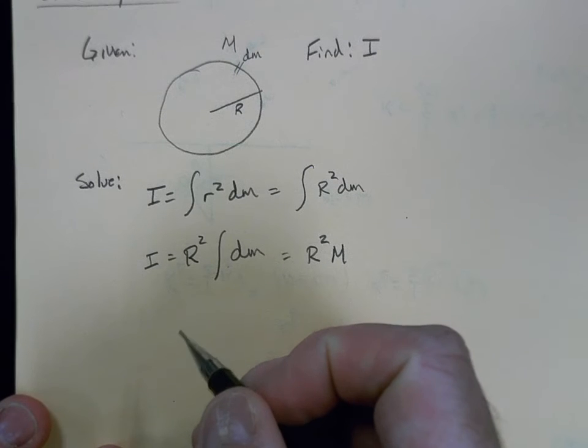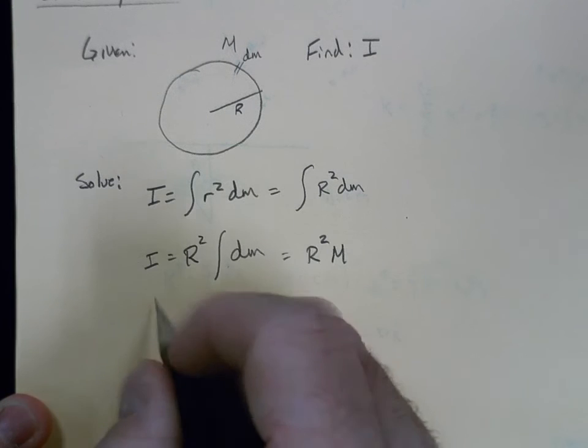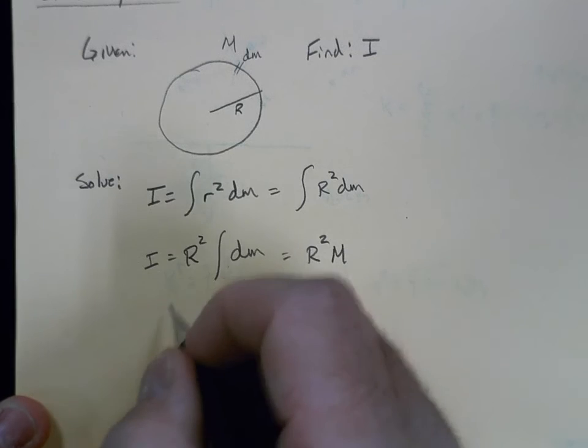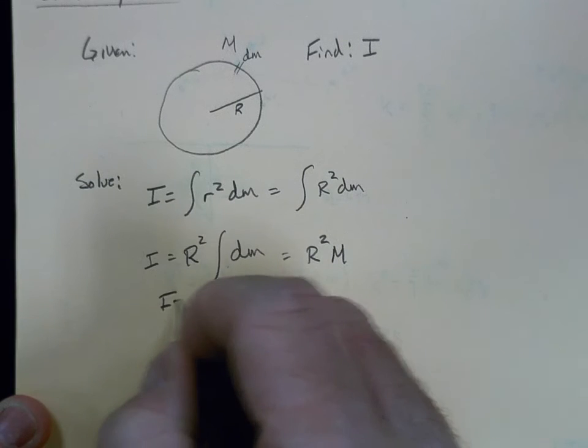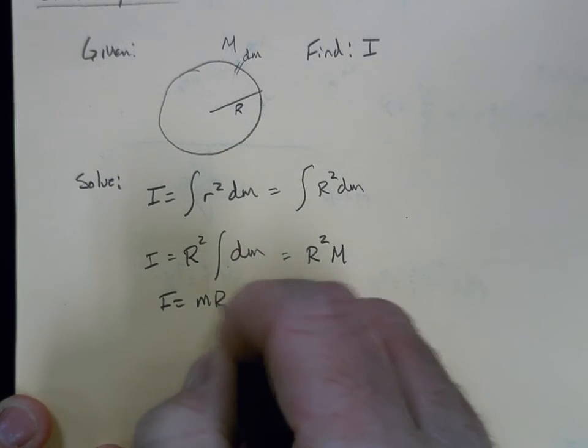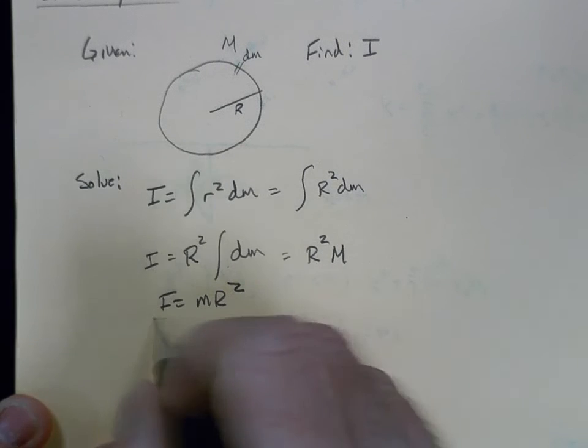So for any particular hoop, we get I equals m r squared, and this happens to be the maximum possible